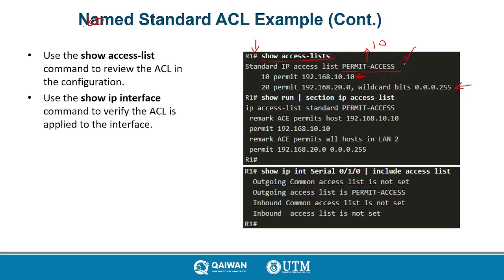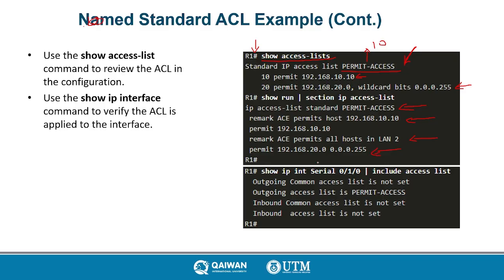However, this one is more preferred. Okay, this one is more preferred by the network administrators. Now again, show run pipe, this called pipe section IP access list. It will bring you again this, which tells you the name and this IP address. It will show just a message and permit, of course, again this message and then all the IPs